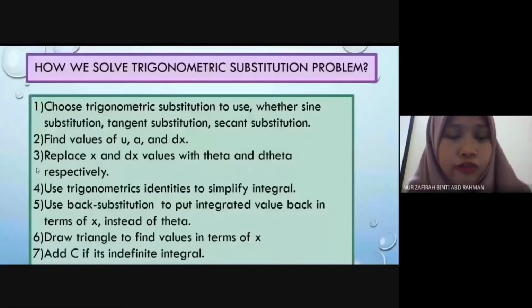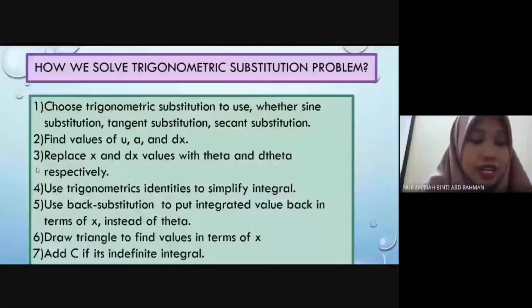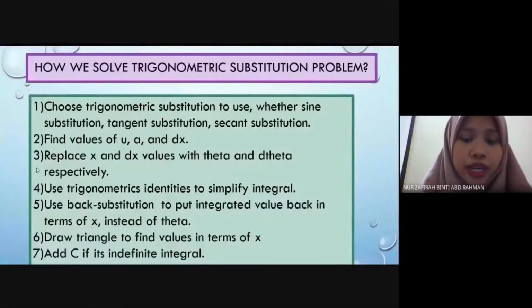Next, how we solve a trigonometric substitution problem. First, we have to choose a trigonometric substitution, whether sine, tangent, or secant substitution. Second, we have to find the values of a and x in order to solve the integral. Third, we have to replace x and dx values with theta and d theta. Fourth, we have to use trigonometric identities to simplify the integral. Never mind if you do not memorize the trigonometric identities. We will show you the formula